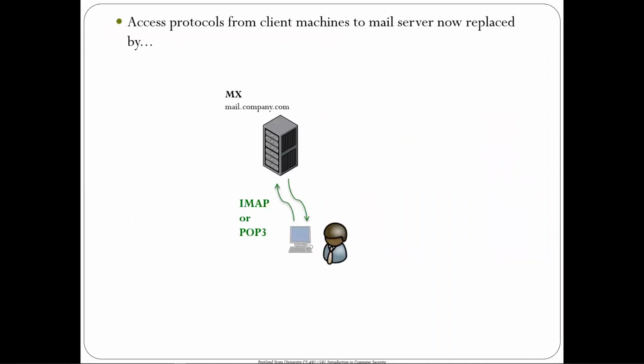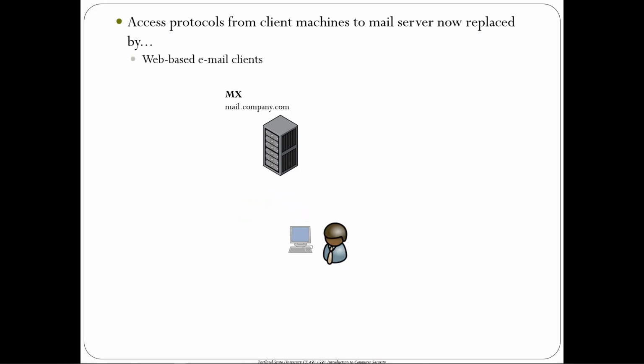And so access protocols to and from this mail server, initially they started out with IMAP and POP3, and I know some faculty are still using IMAP and POP3 to access their email, because Gmail, for example, allows IMAP and POP3 access to pull messages. If you're using Microsoft Outlook, that's often how you'll access your mail. You have your mail client on your laptop, and then you're going to go directly to the mail exchanger to pull your messages. But this eventually transitioned